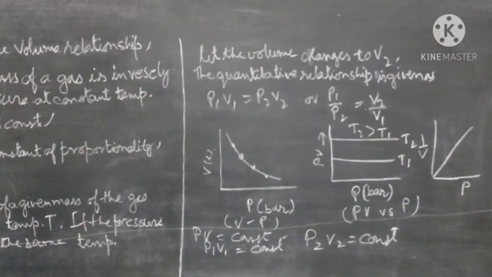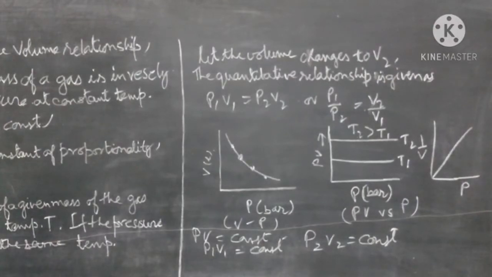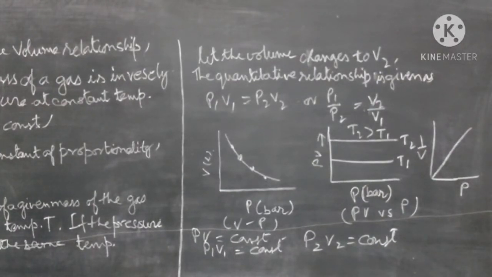Now there is some physical importance of Boyle's law. Boyle's law expresses in a quantitative manner the important experimental fact that gases are compressible. When a given mass of a gas is compressed, the same number of molecules occupy a smaller space. This means that the gas becomes denser. For example, air at sea level is dense because it is compressed by the mass of air above it.